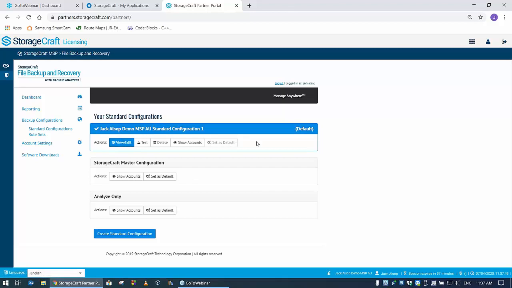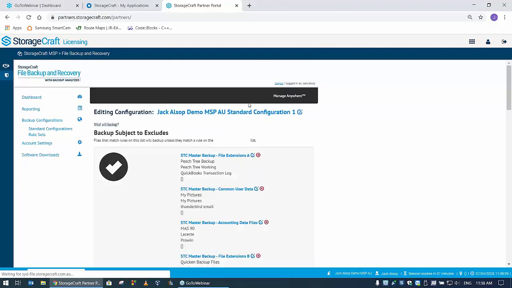So I've created one. What I'd like to do first, I've obviously deployed an agent, and I'll show you how to do that in a second. But let's have a look, and it's most important to understand this before you get an account up here. So I'm going to have a look at this, and this is to understand what this thing's all about. So my standard configuration is based on the StorageCraft master backup